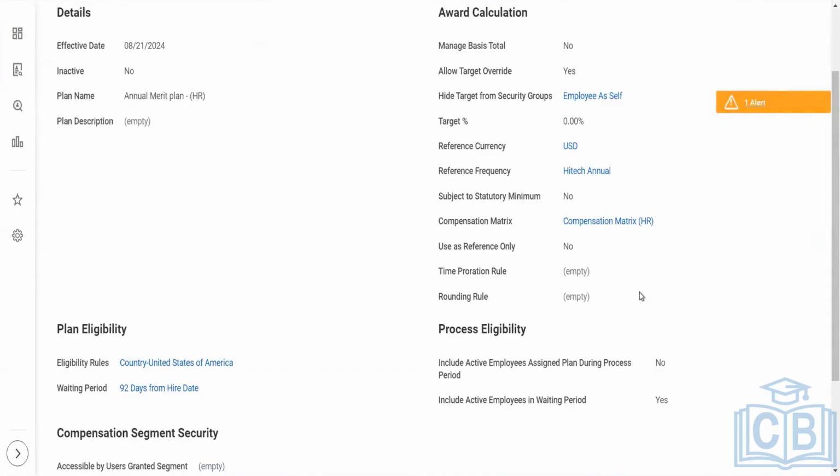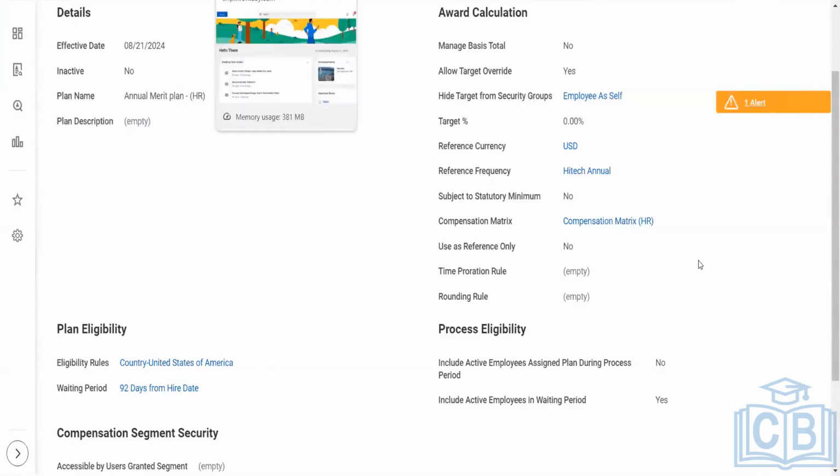That was about the compensation matrix, right? What I was briefing was related to the compensation matrix that we were looking into, where we defined the rating scale, and depending upon the rating scale, we define the percentage. Apart from that, "use as reference only" is something we choose if we want to opt in to the compensation matrix.